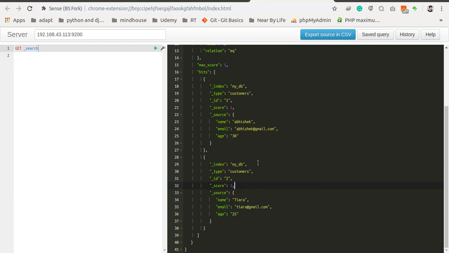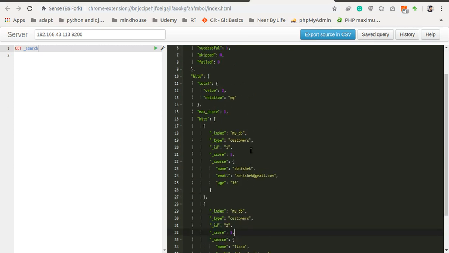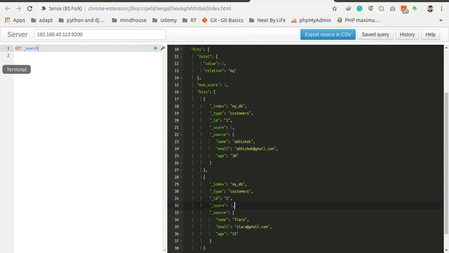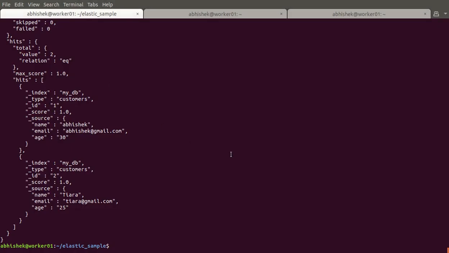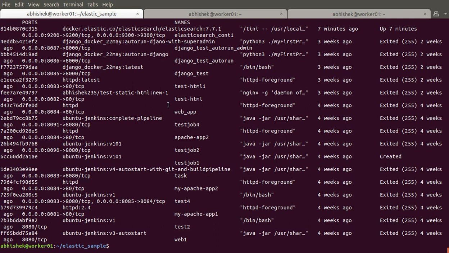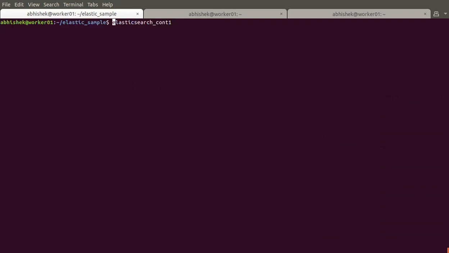Now the issue with this approach is that if you store your data in this way, and your container goes off, then in that case you can't recover your data. Let me show you. So this is our container name.